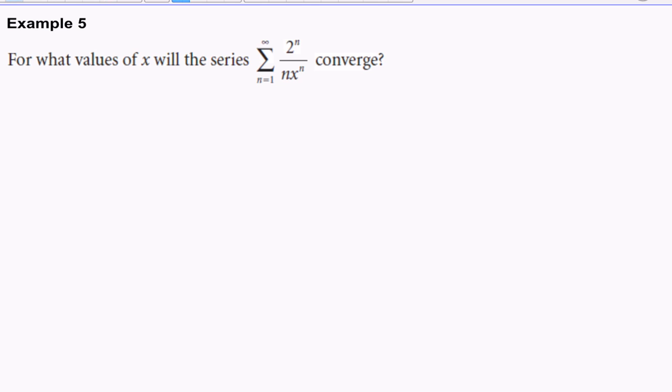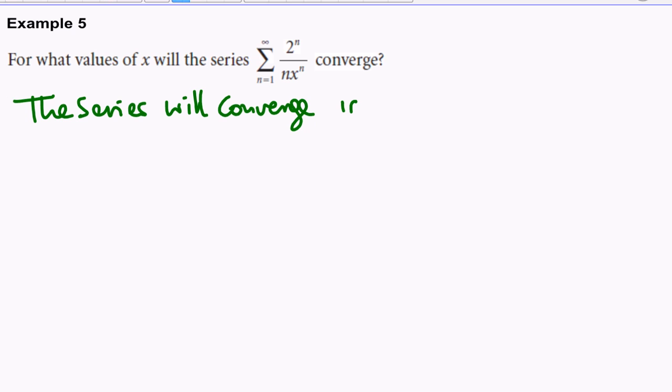We know that by ratio test, a series converges if the limit of S sub n plus 1 over S sub n is less than 1 as n approaches infinity. So the series will converge if the limit